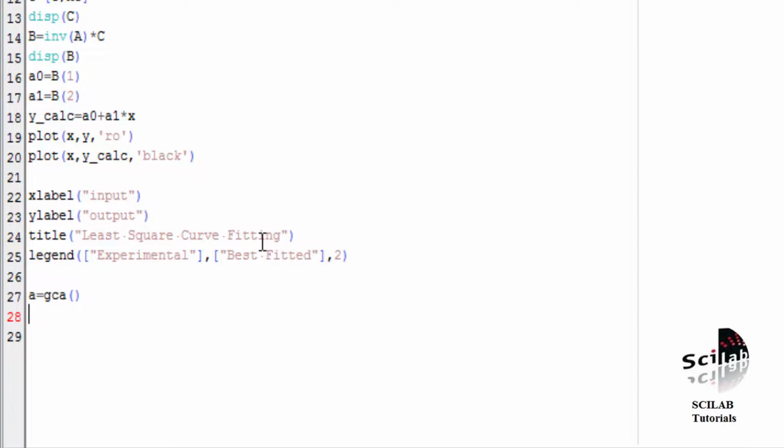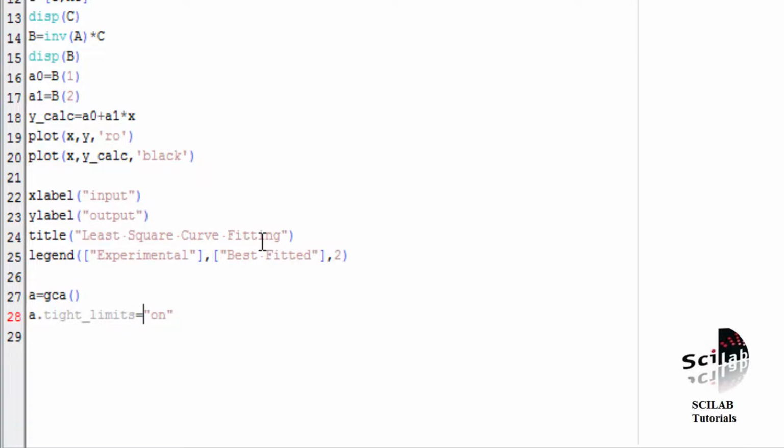Now I will write tight limits. As you can see, when we plot a graph there are some extra spaces, and we want to remove that extra space. So I will write a.tight_limits is equal to "on".